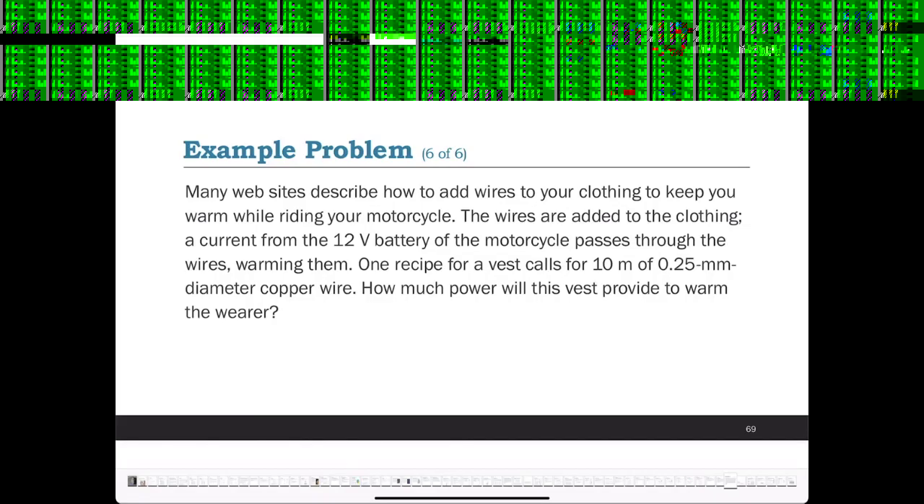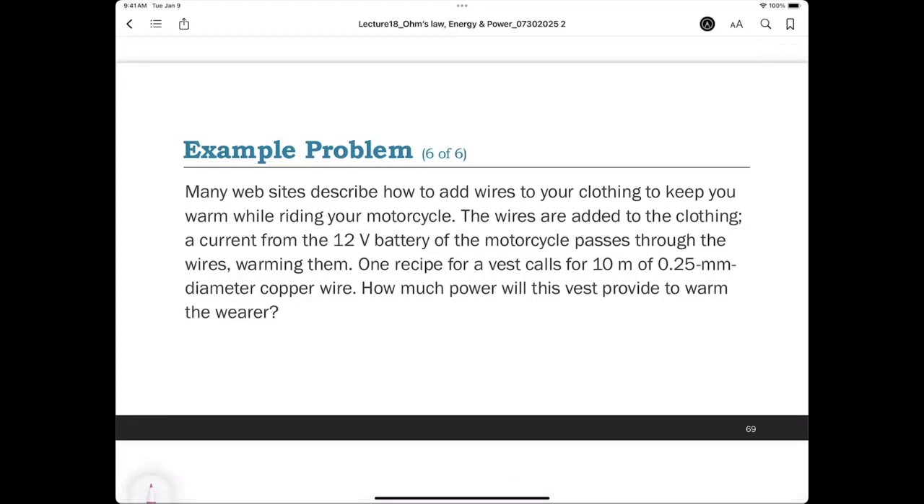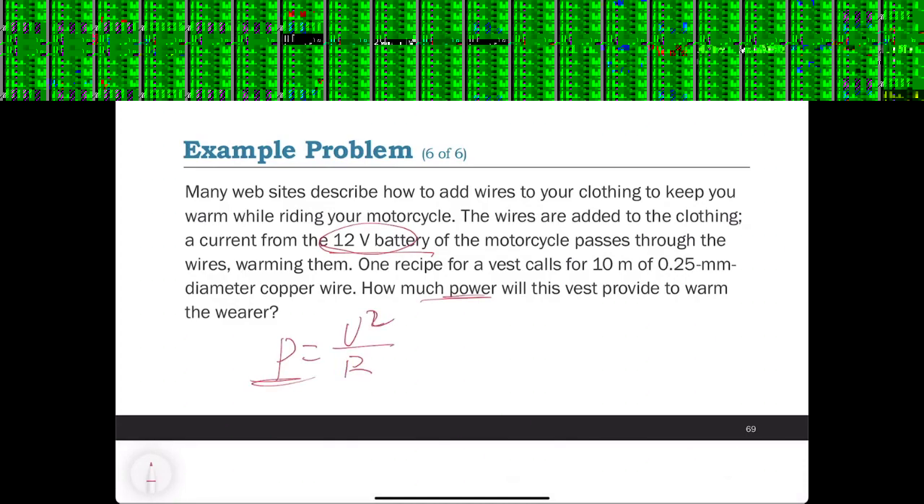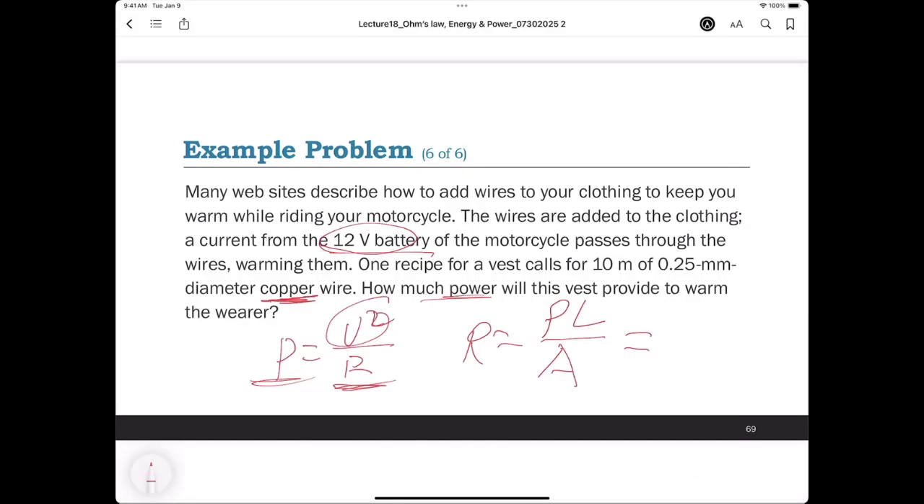Firstly, let's talk about the power. We know the voltage, and then we just need to know the resistance. We can use V squared divided by R to get the power. Here we just need to calculate the resistance. We know the voltage here. The resistance equals the resistivity multiplied by L divided by A. Here it is copper, so the value is around